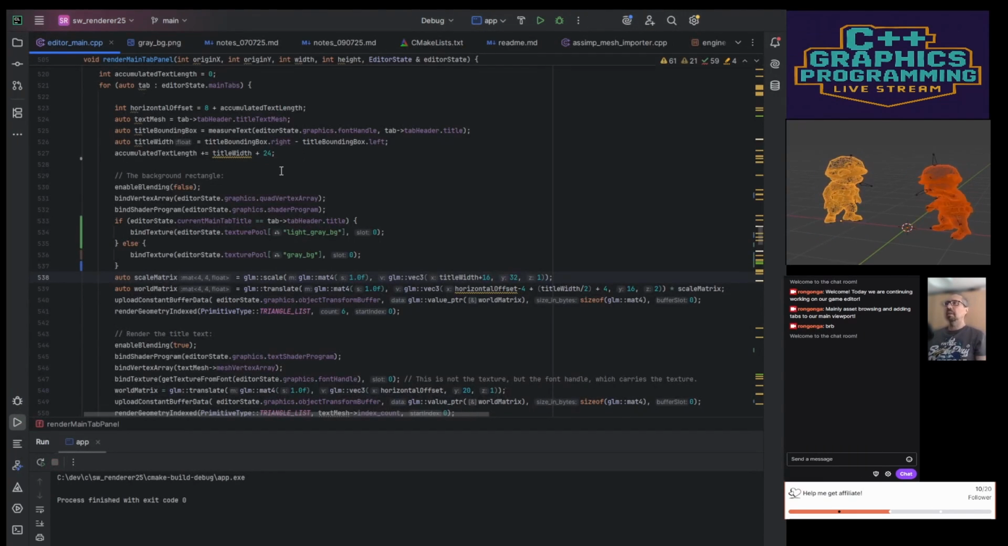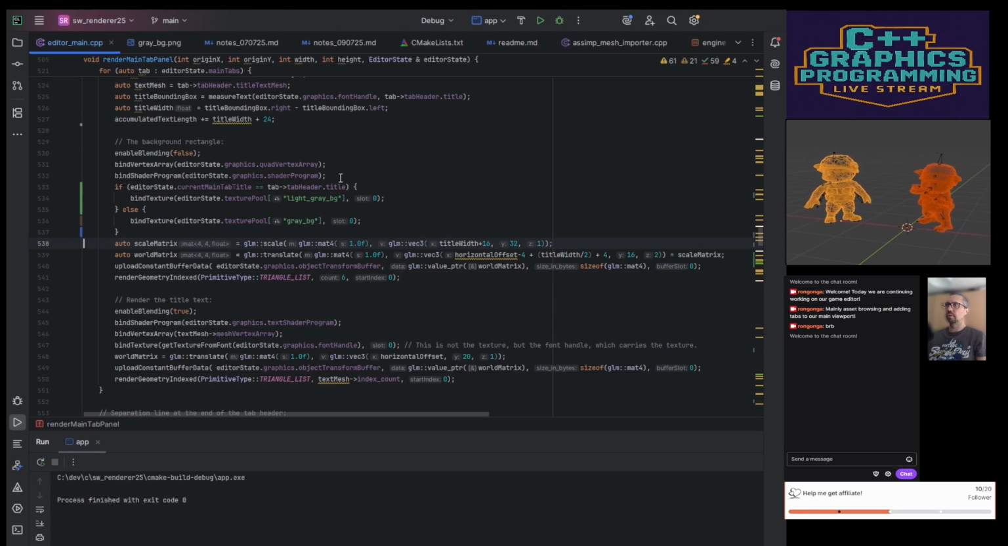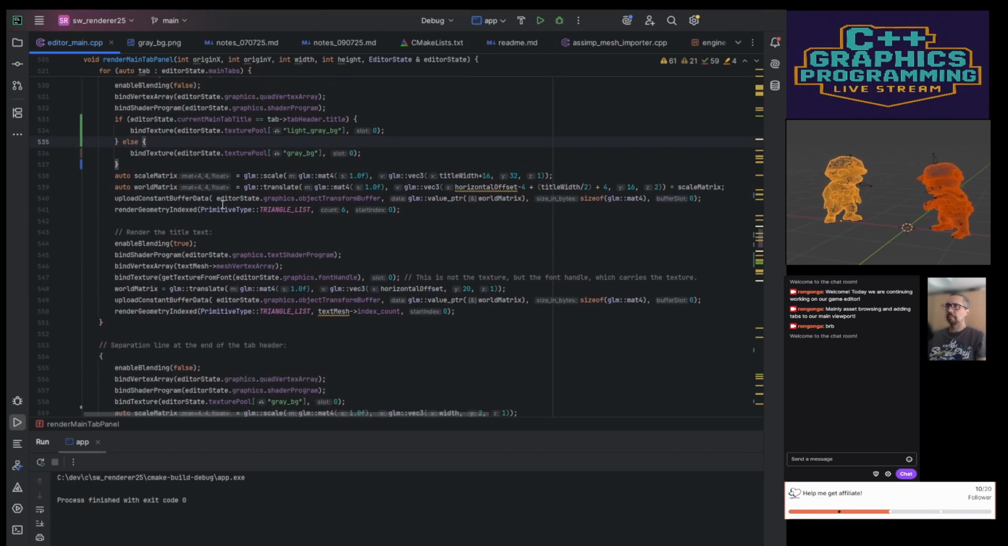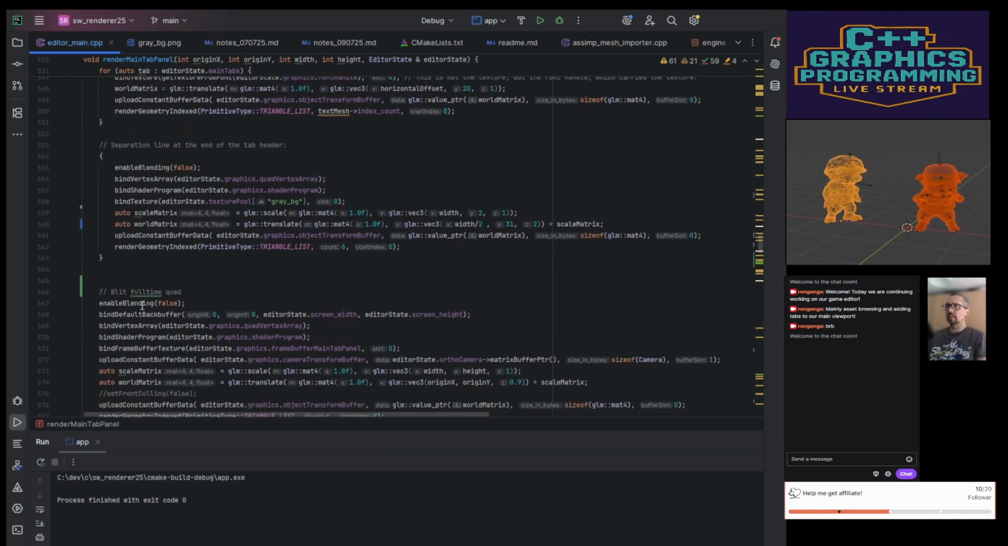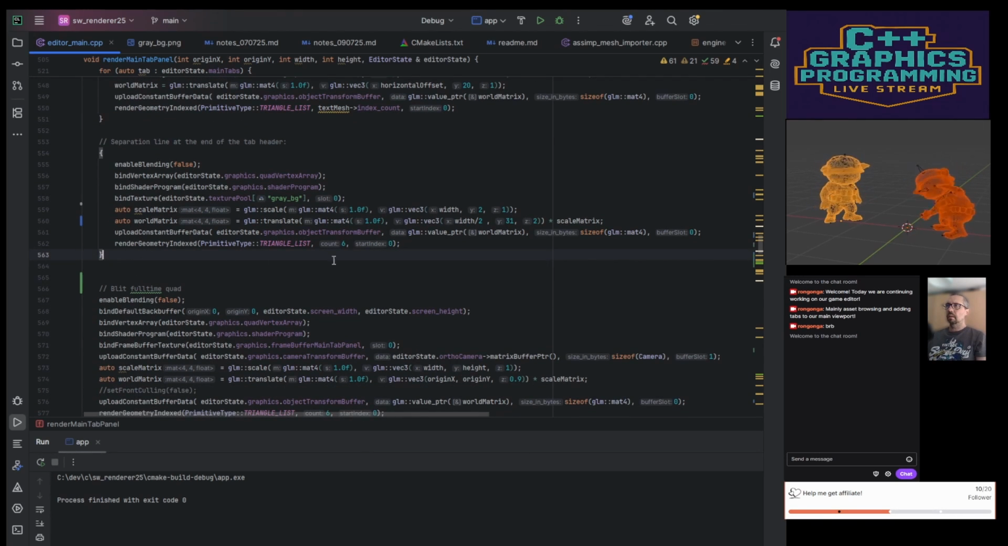So now what that means is that we have the knowledge that this is actually the current selected tab, and now we will actually render the contents. Okay, so render the title text, that's fine, separation line. And now what we will do is